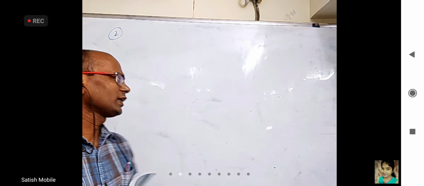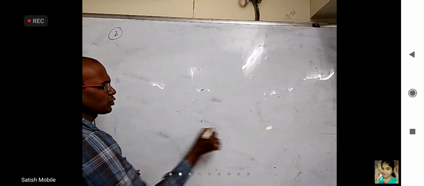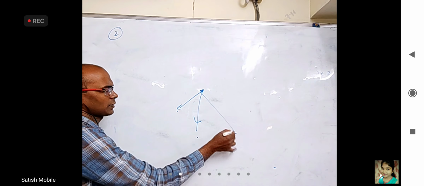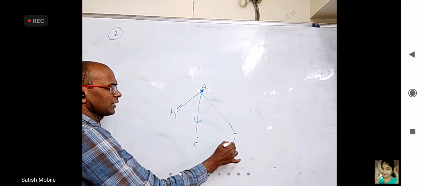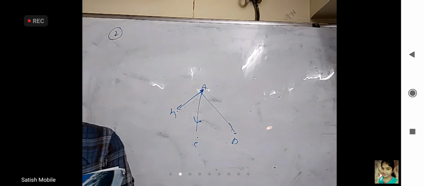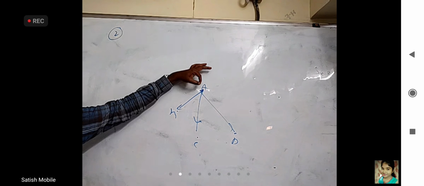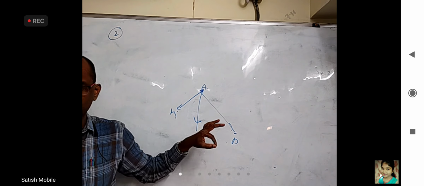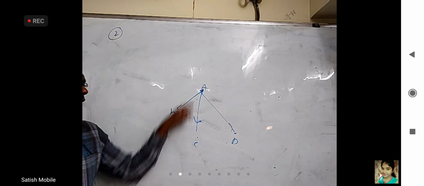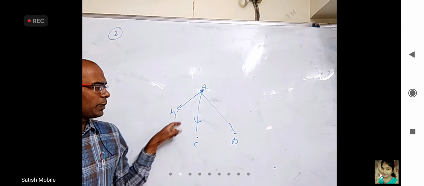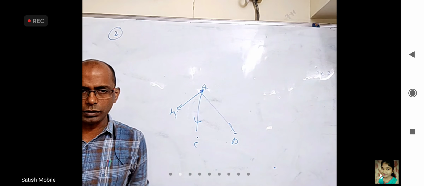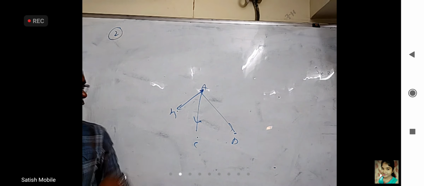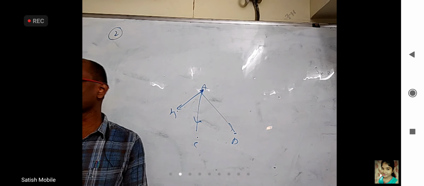Yeah, we discussed this. If you want 4 points to be coplanar, take 1 point and join it to the other 3 points. If these are A, B, C, D, what is given to you is OA bar. If origin is here, OA bar is given to you, OB bar, OC bar, OD bar are given to you. Okay, you have to find AB bar, AC bar, and AD bar. If AB bar, AC bar, AD bar are coplanar, then automatically points A, B, C, D are coplanar. Okay. Three vectors are coplanar, how will you check? That equal to 0, right?